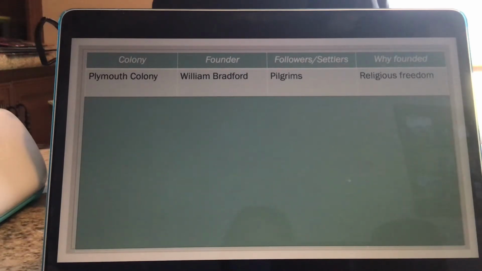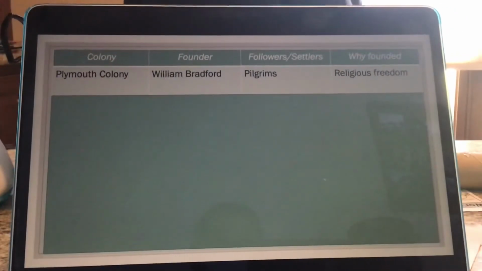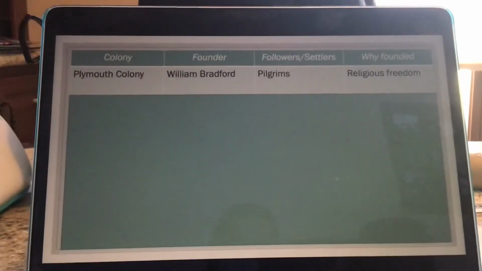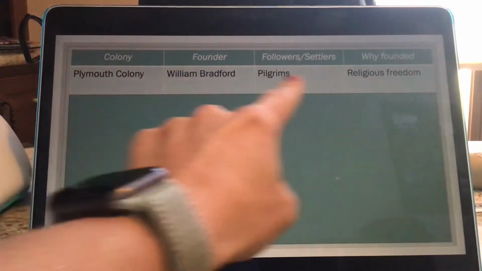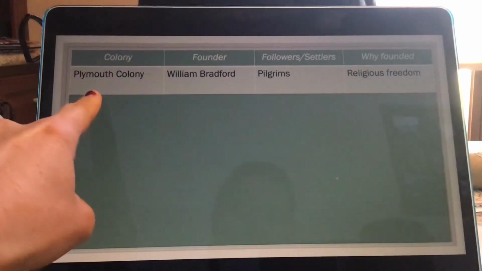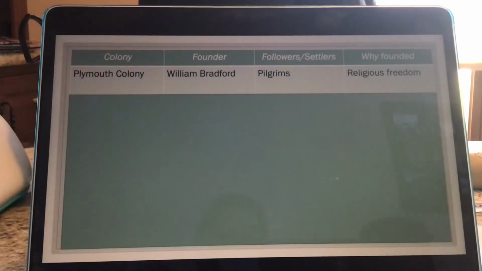Let's start with that first big top chart that listed the colonies in the farthest column there, and we'll start with the Plymouth colony. I'm going to talk about that one here a little bit. Make sure you got this information that you see here written down. So Plymouth colony was part of Massachusetts colony. William Bradford started that with the Pilgrims, and they wanted religious freedom. The Pilgrims came over with the Mayflower. They had the Mayflower Compact. They were kind of the first ones there.